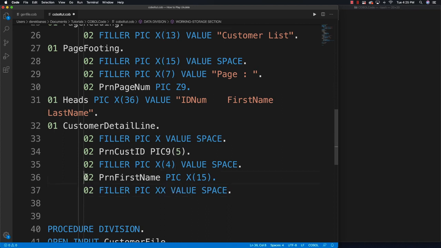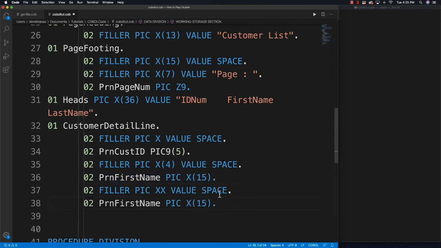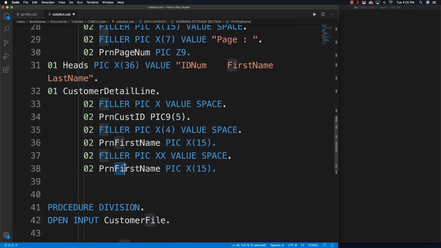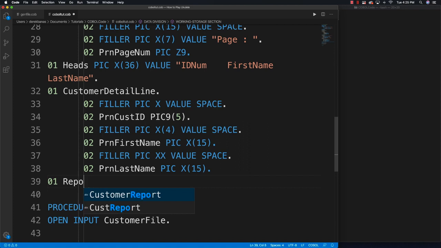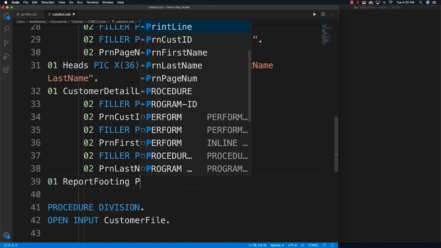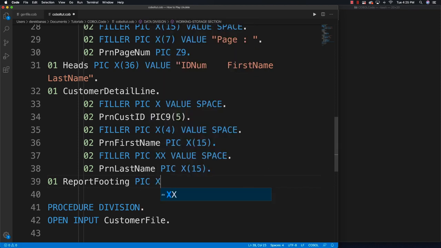And then I'm going to do a similar thing for our last name. So it's going to print out each of these pieces of data all on separate lines. So I can have that be last name, pick, and it's also 15 in length. Then I'm going to define what gets printed at the end of the report. So I'll go like this and report footing, and it'll be pick X 13, and we'll have a value that